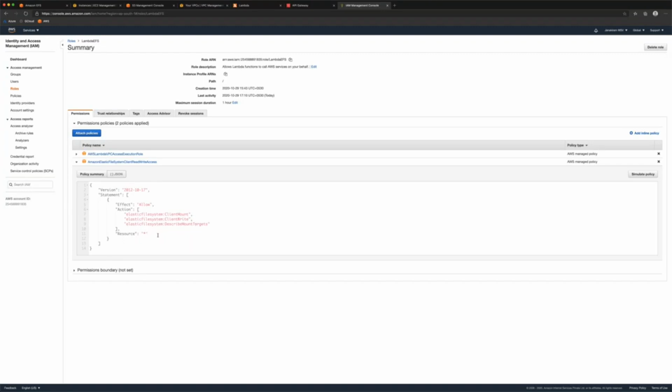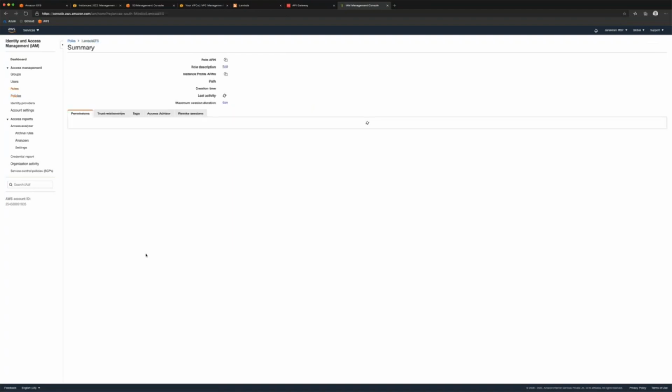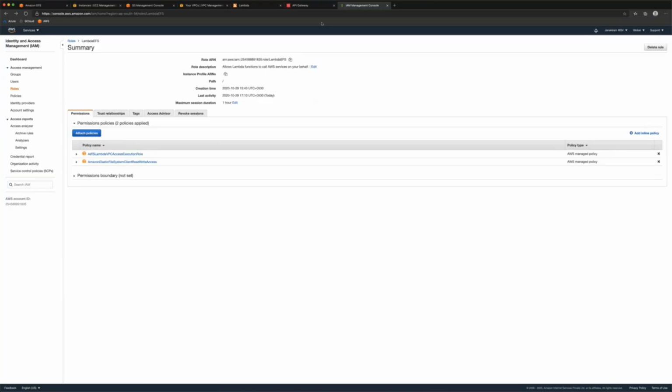I put the resource as star, so we can basically access any EFS file share. If you want to be very restrictive, you can also put the ARN of the EFS file system that we created. So that is the basic IAM role that you need to create at the minimum.